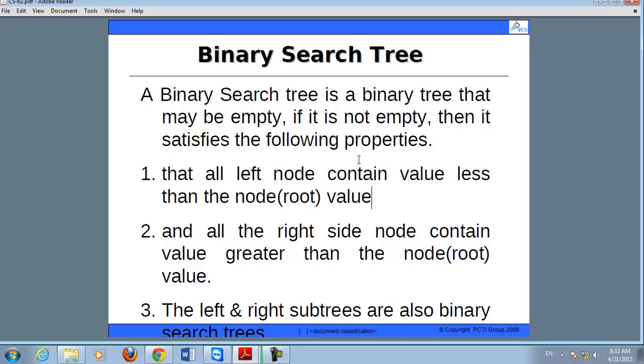अगर आप binary search tree की बात करें तो binary search tree में हमने सबसे पहले एक root node create किया. रूट नोड के लेफ्ट में जितने भी नोड्स होंगे, द वैल्यू ऑफ ऑल द लेफ्ट सब नोड्स विल बी लेस देन द वैल्यू ऑफ द रूट नोड, एंड द वैल्यू ऑफ ऑल द राइट नोड्स विल बी ग्रेटर देन द रूट नोड, एंड ऑल द लेफ्ट एंड राइट सब ट्रीज आर ऑल्सो बाइनरी सर्च ट्री. मीन्स जितने भी लेफ्ट और राइट सब ट्रीज होंगे वो भी सेम प्रॉपर्टी को सेटिस्फाई करेंगे, दैट इज सब ट्रीज में भी लेफ्ट नोड की वैल्यू विल बी लेस देन the root node and right node will be greater than the root node.